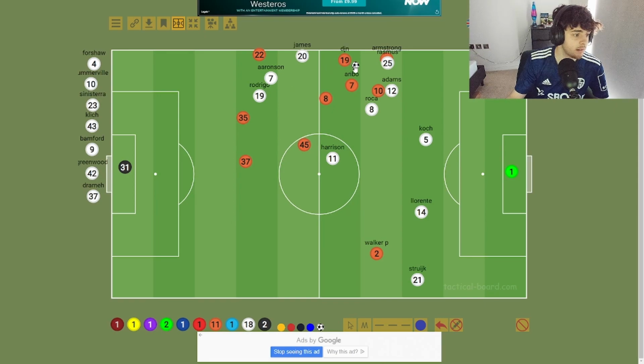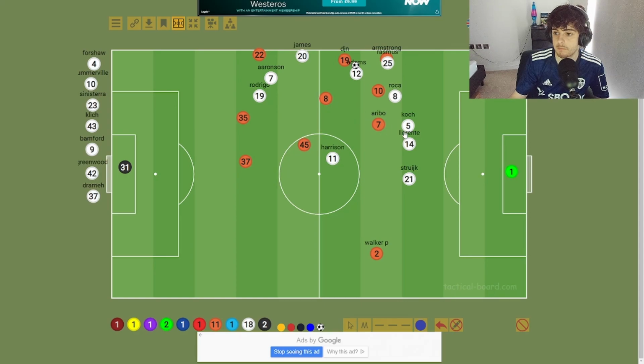Gineppo's here. So that means Tyler Adams has to come over here. Rocker's here with Che. And Aribo's come in this position here. In between Llorente and Koch. Causing problems in this area. There's no one around him. Rocker's actually back here. And it's Koch over here like that. Right, there we go. You see? You see the lines? The gaps? These are out the game.